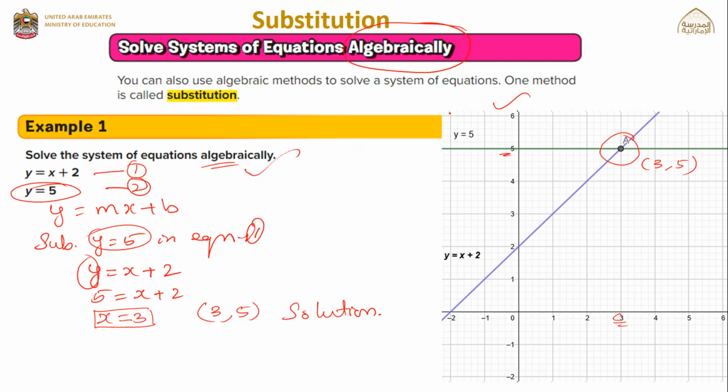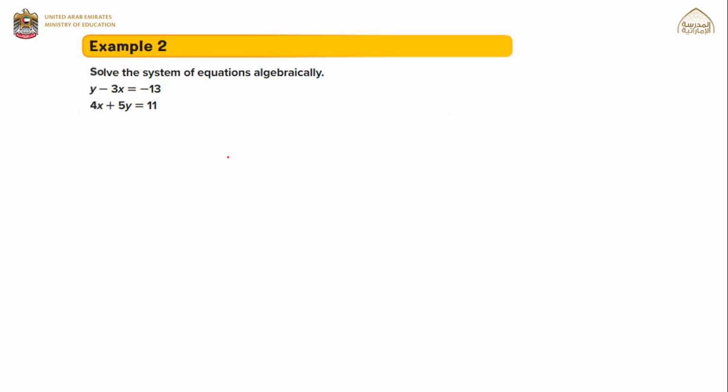In this question, they're asking you to solve the system of equations algebraically, where you have to keep in mind you are going to write the slope-intercept form. What is the slope-intercept form? y equal to mx plus b. Here the first equation and the second equation are not in slope-intercept form. Since we are going to use the substitution method, let's find the easiest equation to be simplified. Equation number 1. So I take equation number 1